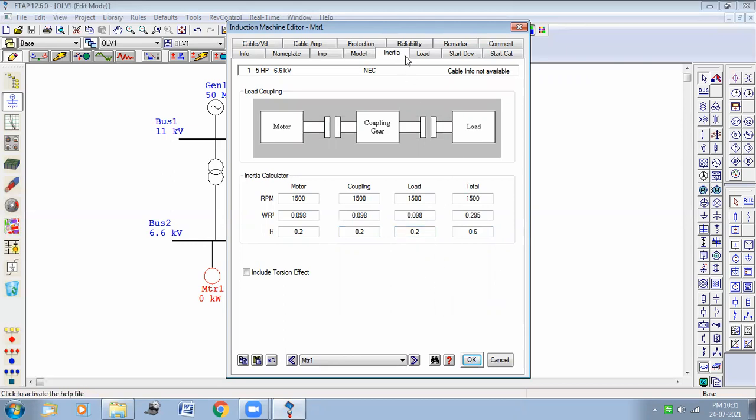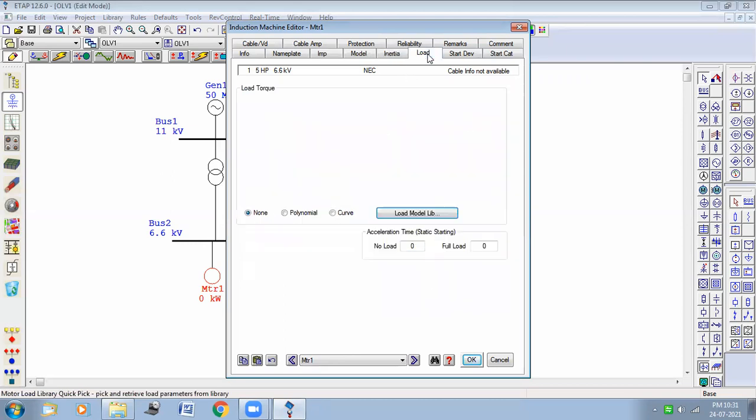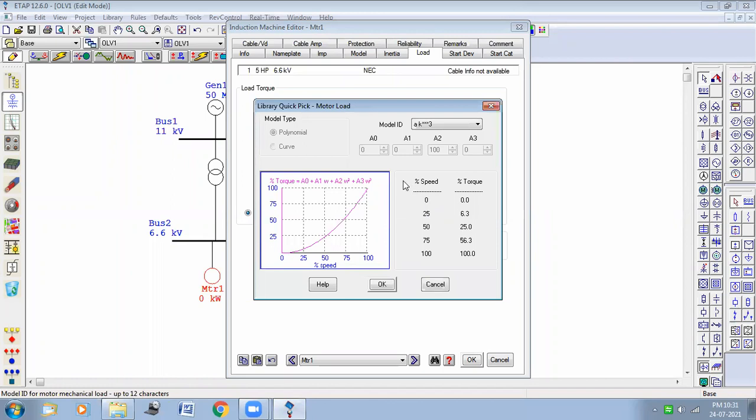After that, go to the next tab, that is load. In the load portion, initially no load is taken by the window. So you have to select the load model library. Click on this load model library. After clicking on this, we'll get different types of load there.